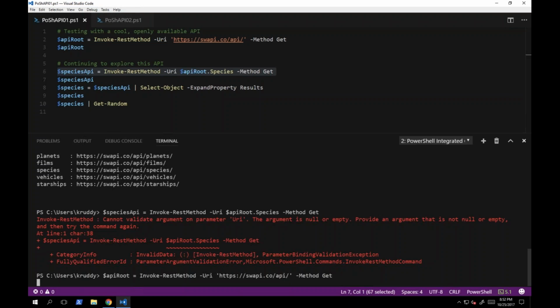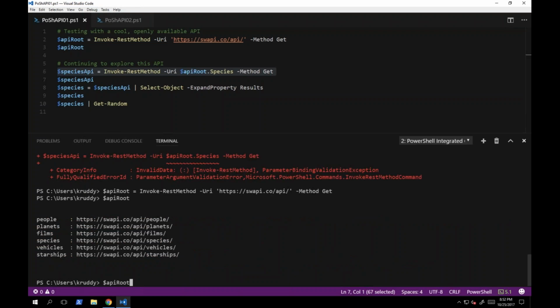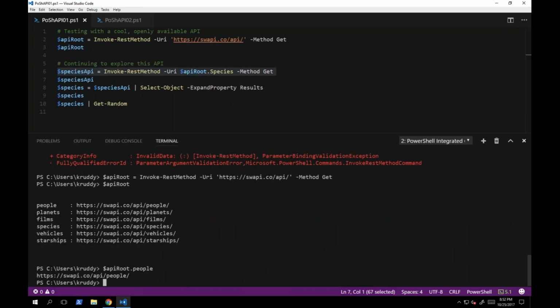I'm looking for the dot species, and that does not exist on the other one. I would have to do dot content, then convert from JSON, and then call species. Oh, that reminds me. I should show you what I'm actually calling here. So API root again shows us this. Since this is a hash table, we can do API root.people, and then we get out that URL or URI of where we would be specifying our